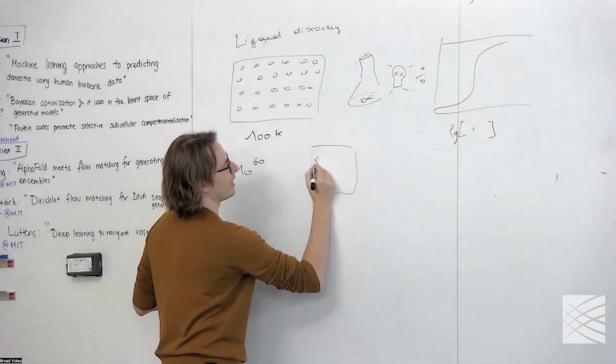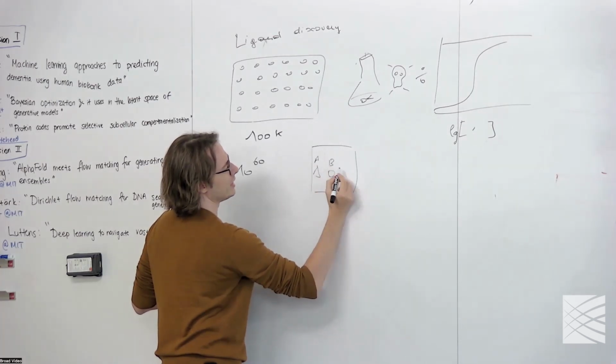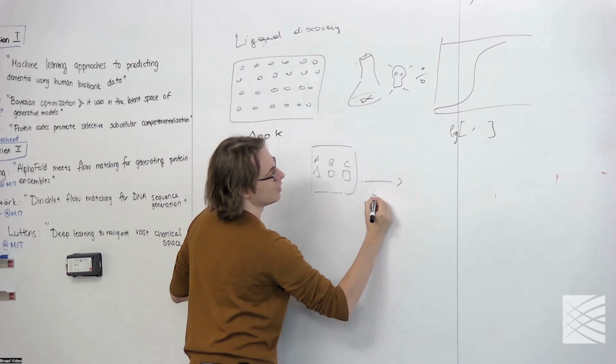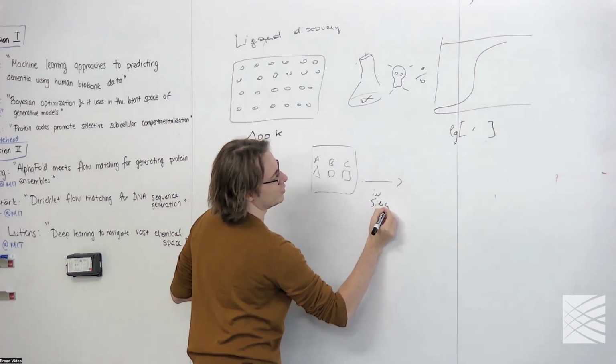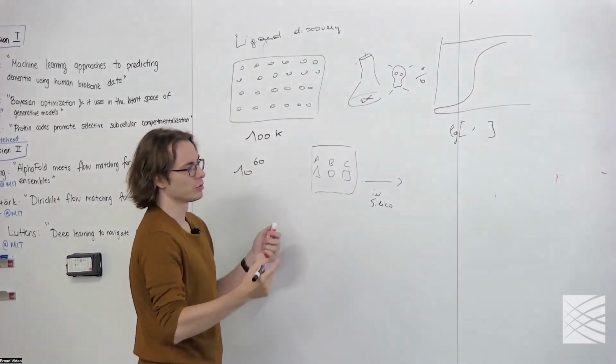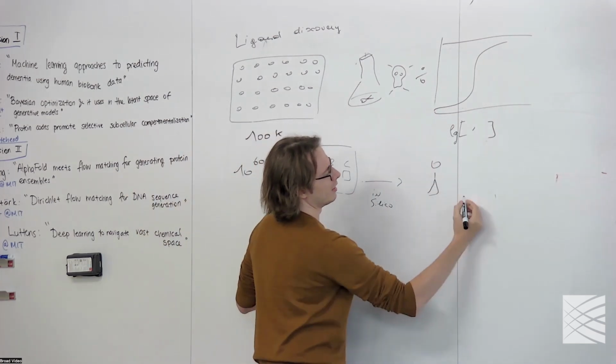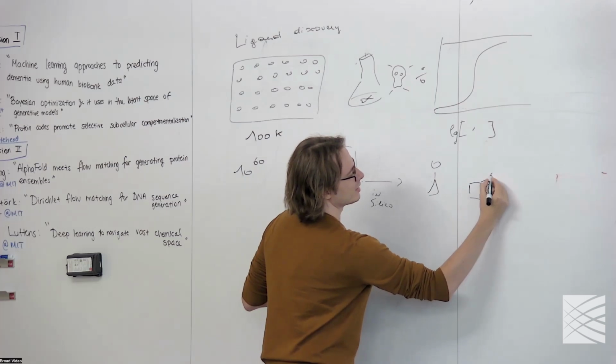Building block A, building block B, building block C, and you would do an in silico enumeration of these building blocks to afford virtual molecules. You could end up with, in this case,